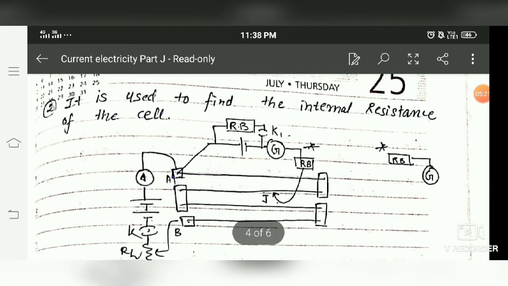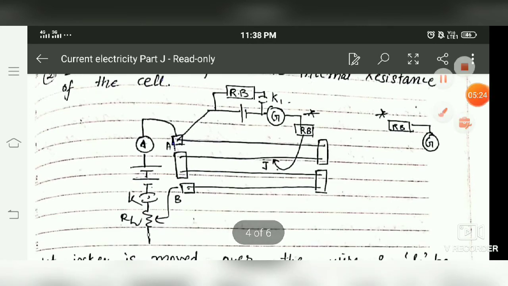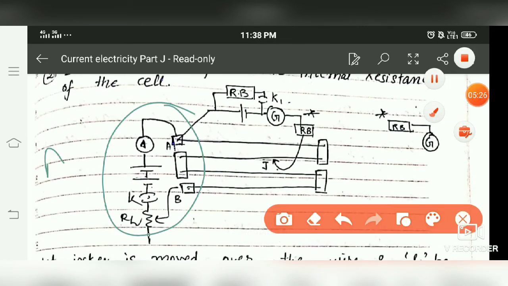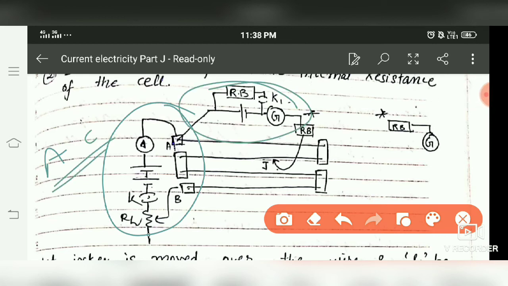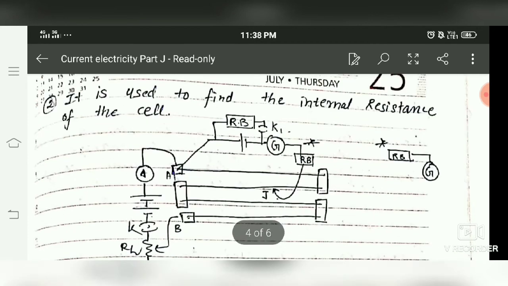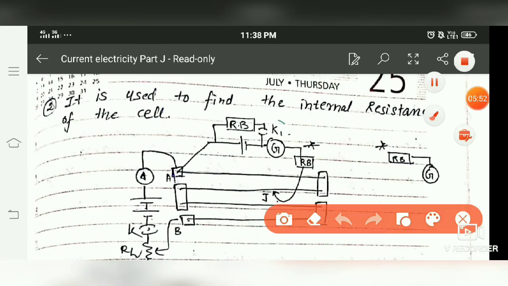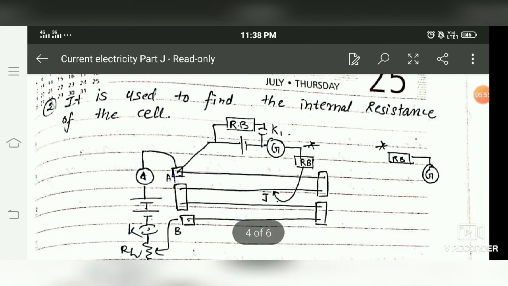Now in the second application, to find the internal resistance, the auxiliary circuit is again the same as the original one, but here the secondary circuit is a little bit different, because here we have to take just one cell. The cell positive is connected to the positive, negative to the key, and here the positive is also connected to the resistance box, then to a galvanometer, then to a jockey. Now in this case, this key is K1 and this key is K. Again K needs to be inserted every time, only then does the circuit work.